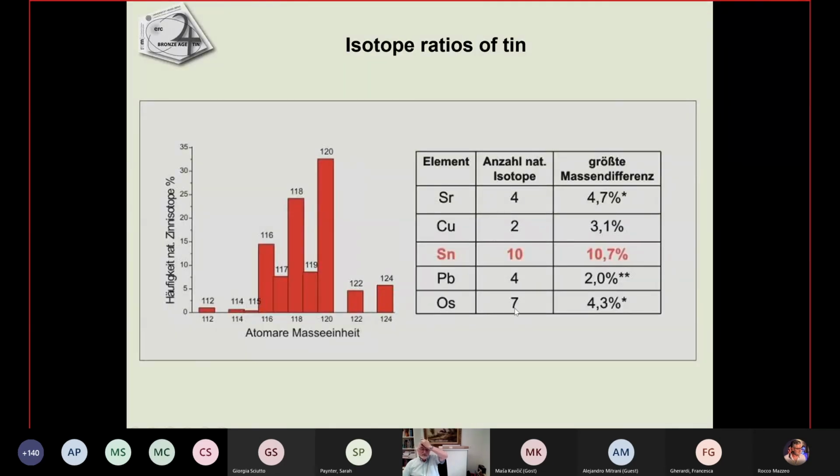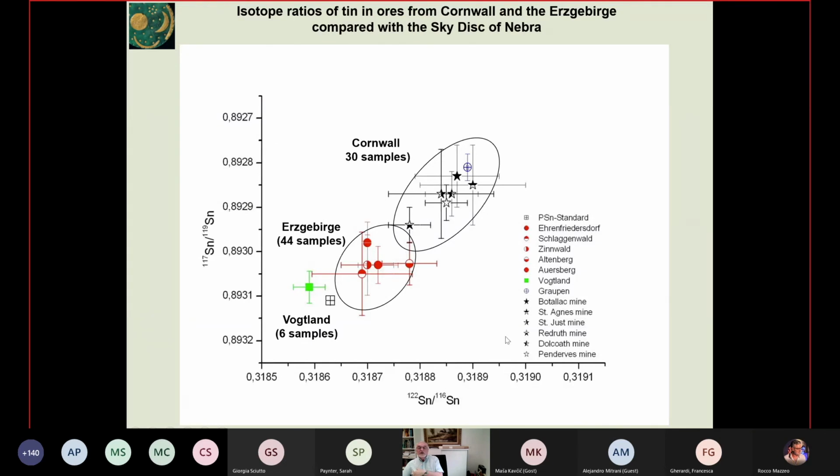And what we've introduced then was the isotope analysis of tin. Tin has no radioactive elements, so actually we would expect that tin has always the same isotope composition all over the world. But if the mass difference of some tin isotopes exceeds 10%, then you have some natural processes which induce a fractionation, and that can be used to again identify the ore sources. And this was a first study that we published in 2010, and it turned out that we can differentiate between the most important